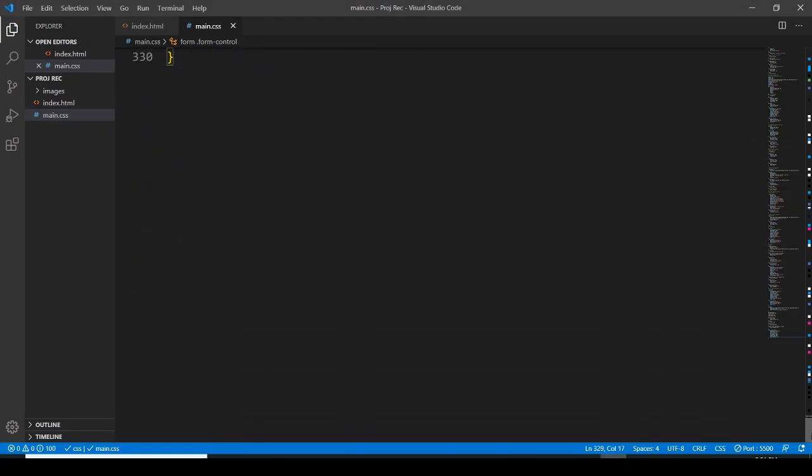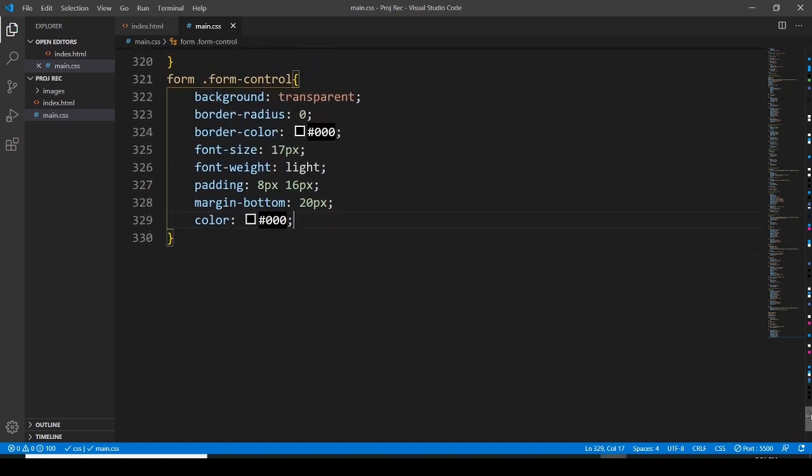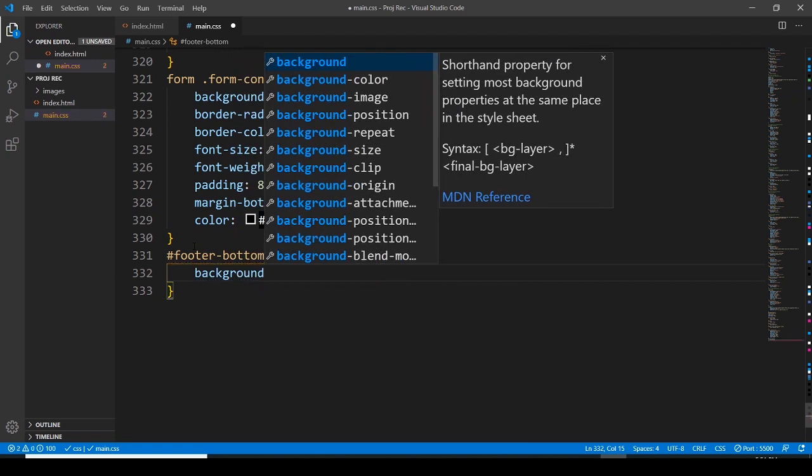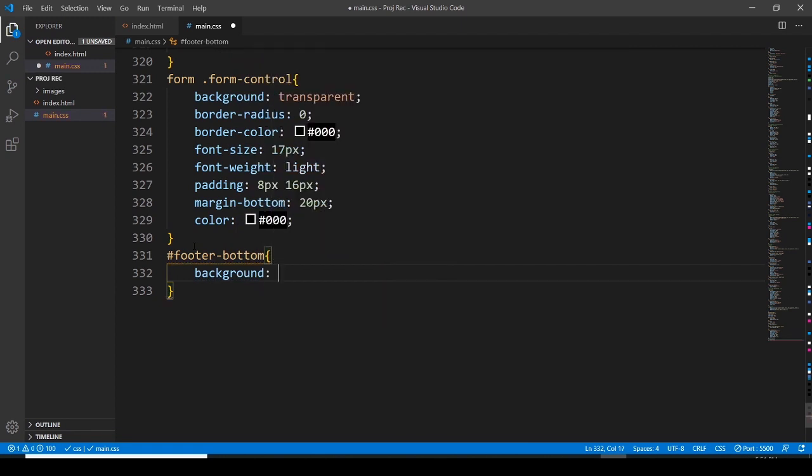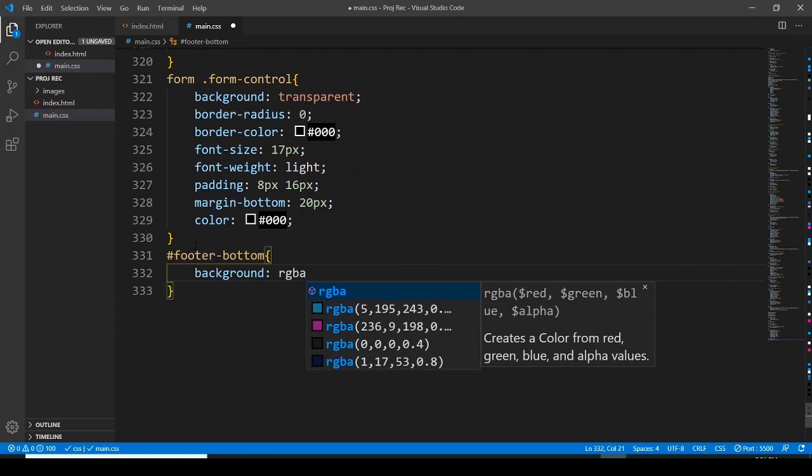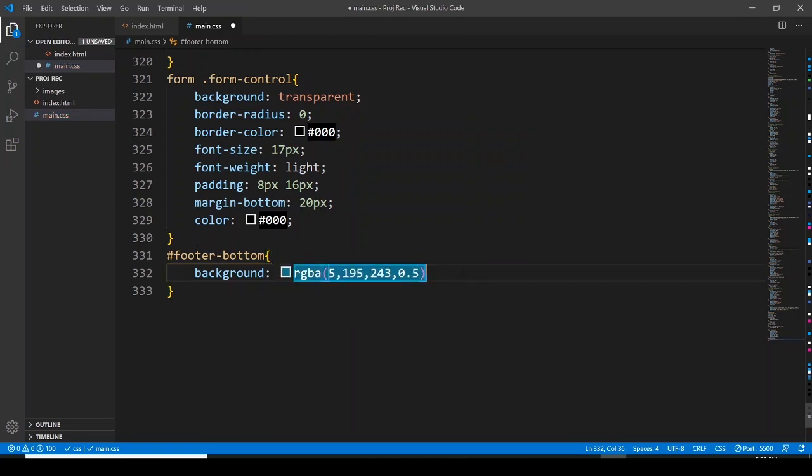Now we have to get the footer ID, footer bottom ID, footer bottom, and the background is going to be background RGBA, this blue one, and then padding 30 pixels 0, margin top 60 pixels,